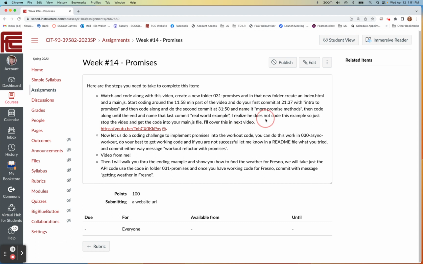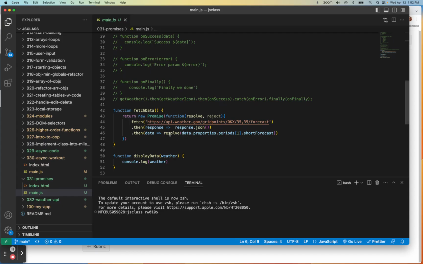I realize he kind of covered it, but I actually want to show you something fun to do with this: convert it to Fresno. And in that process, talk about APIs and how to read documentation. But before we get there, now that you've learned a bit about promises, and we have some code already,